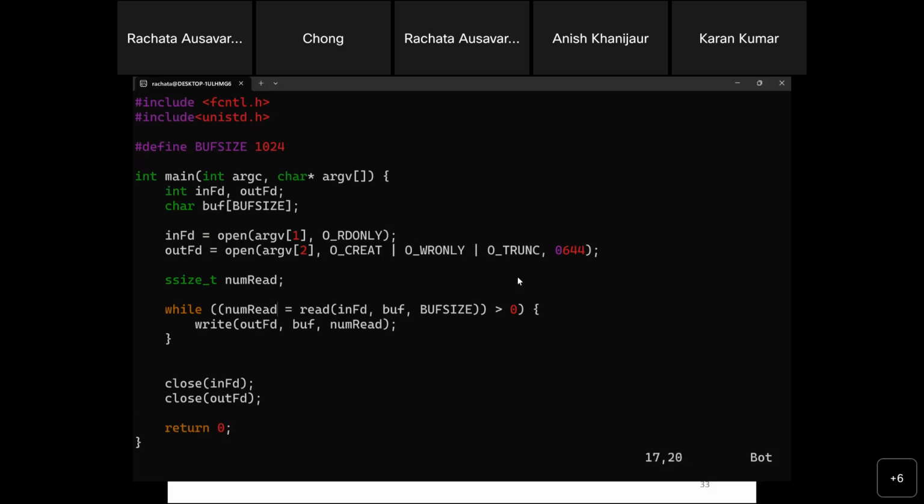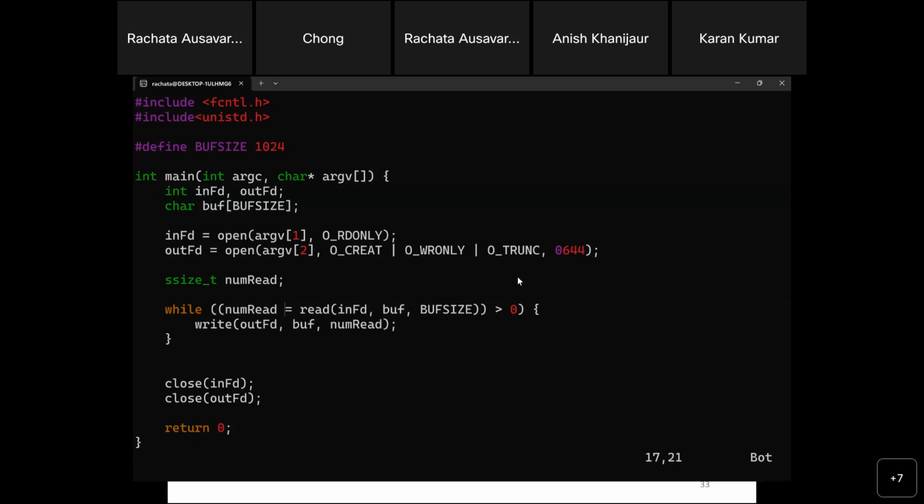So while we are reading this, right? The reason why we use ssize_t is if the source doesn't have any more data, I'll get something like 0 or a negative number. But if I'm reading any bytes, I write them to the output.